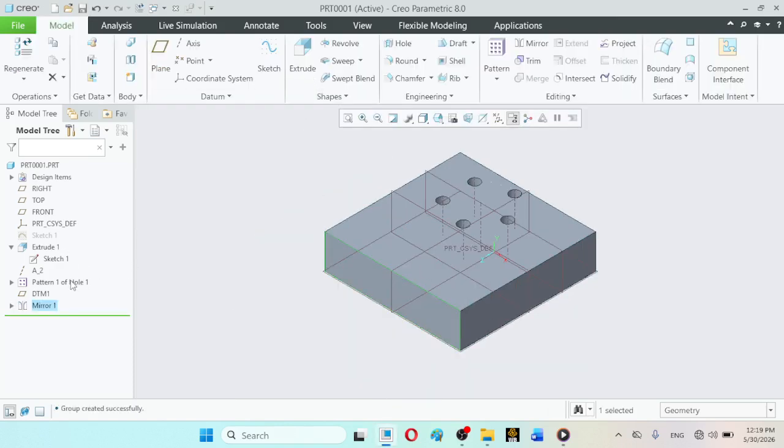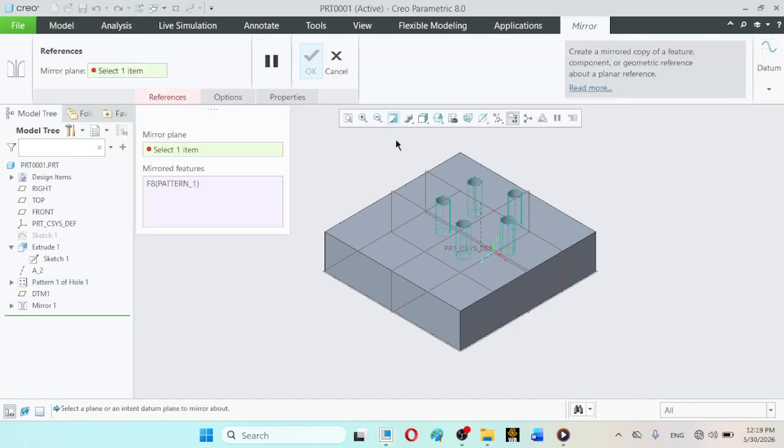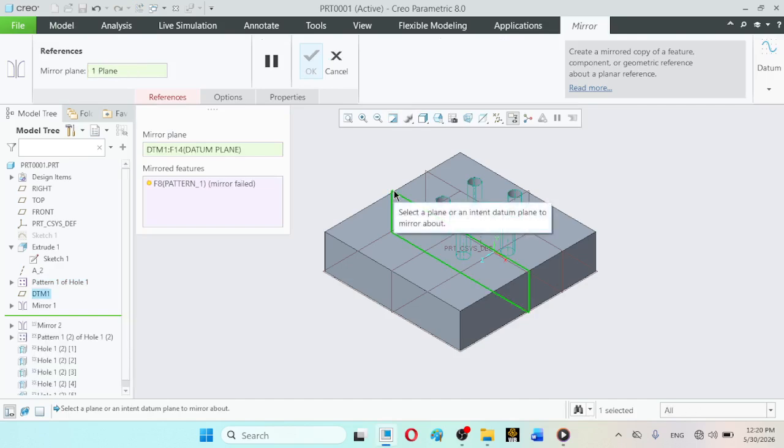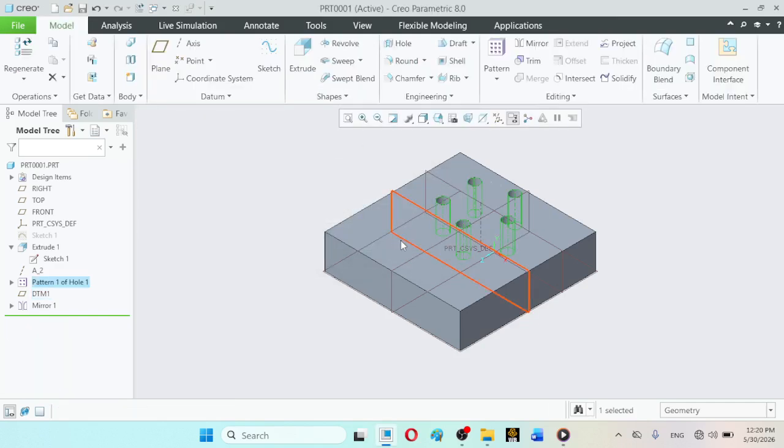after that you can pattern out this hole, and then you can click on mirror again and select this datum plane. Actually it is failing, so that might create some issue because that is actually randomly being demonstrated. So